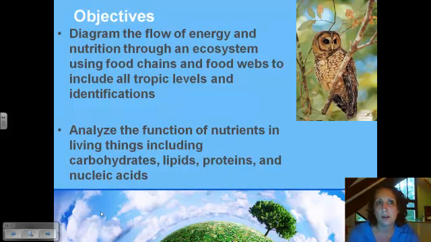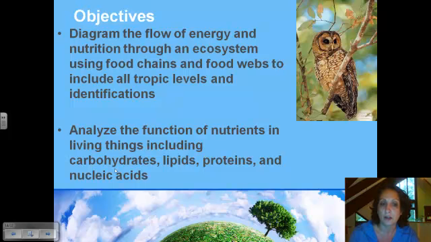Okay, we are in Unit 2, which is the Introduction to Ecology, and we're working on two objectives. First of all, to diagram the flow of energy and nutrition through an ecosystem, and hopefully you are very good at this now, and you've made a food web of a particular ecosystem and included all the trophic levels and identifications in that project. Now we're working on analyzing the function of nutrients in living things, and we're focusing on